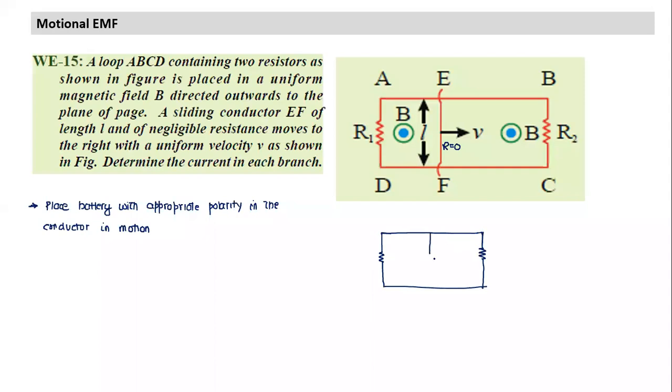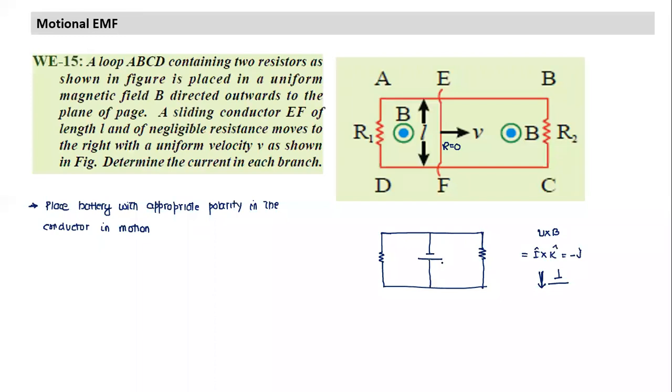Okay, so battery polarity. How do I design the polarity? If somebody is not sure, for polarity, I have to find out V cross B. V cross B, sir, is I cross K. B is towards us, so I cross K is downward, it will be minus J cap. So V cross B is downwards. It means this end is first, and this is how the battery will be placed. In this question it is not relevant, but in some questions it might be relevant.